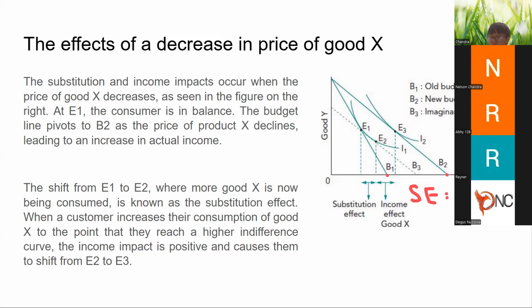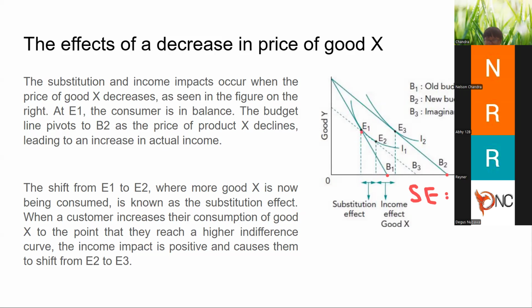Oh, by the way, don't worry, I'm going to teach you how to draw the indifference curve step by step. Once you know the concept for this, it will be easy for me to guide you on how to draw it, step 1 until step 5. How do we draw the budget line and indifference curve completely? But you understand the effects first, so it's easier for you to imagine later on. So a substitution effect will be a movement along E1 to E2.